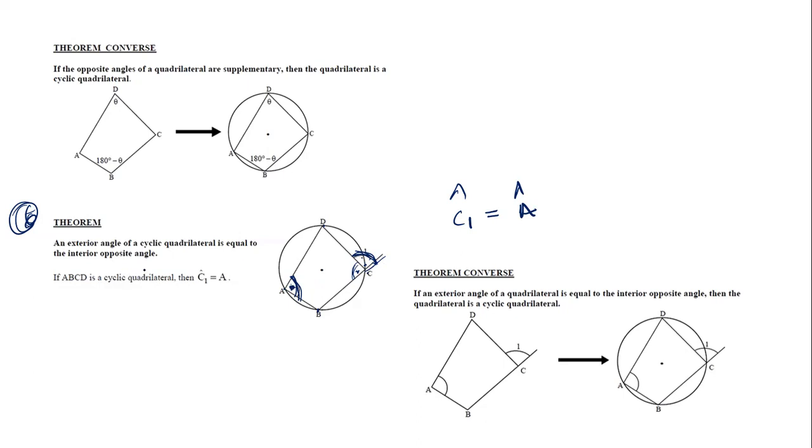And then the reason will be: exterior angle of a cyclic quad. It's exterior because it's outside, and it is equal to the opposite interior angle. This is the reason that we're going to give for why C1 is equal to A. Okay, so now look, under theorem number 6, we also have the converse of theorem number